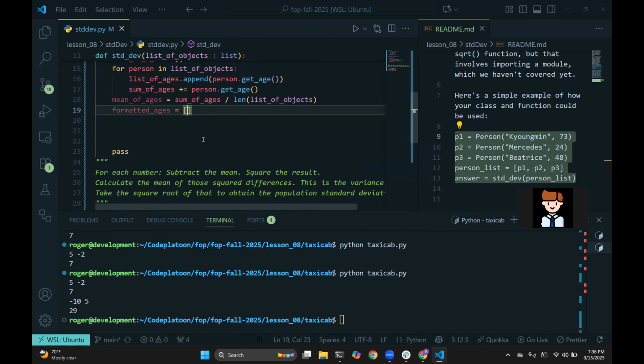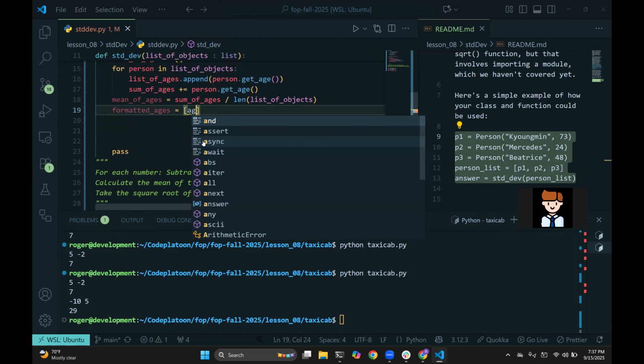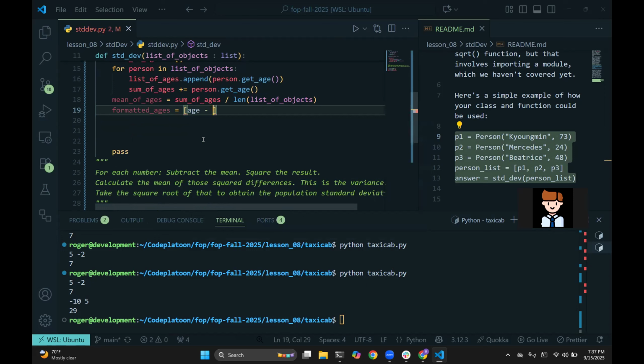So it could be something like age minus mean of ages. I can put this in here. Let me see if I can do this. I'm really bad at this one, but I'll try. Age minus mean of ages